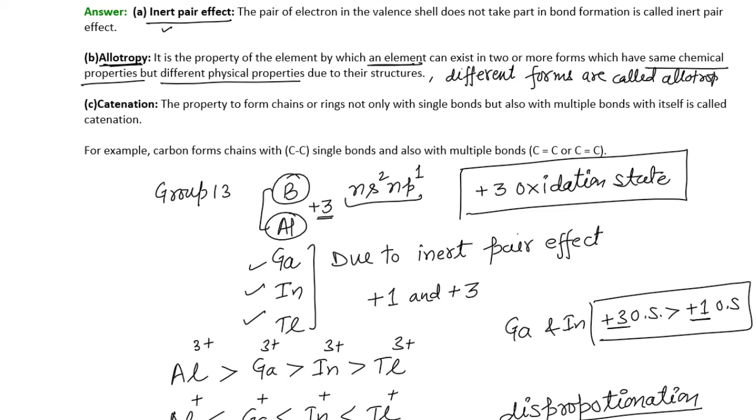So give me some examples. The best example is different allotropes of carbon. So let us discuss allotropes of carbon. Like there are crystalline forms of carbon and amorphous forms of carbon. So what are crystalline forms? Where a regular arrangement is there. So the crystalline allotropic forms of carbon are, yes, you can tell me.